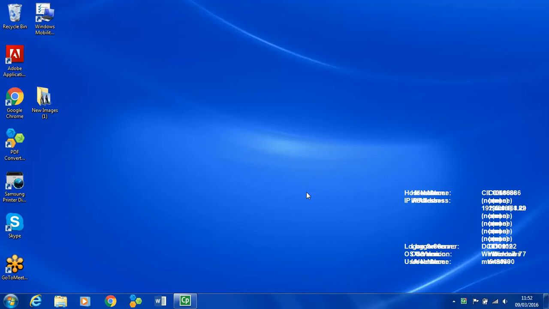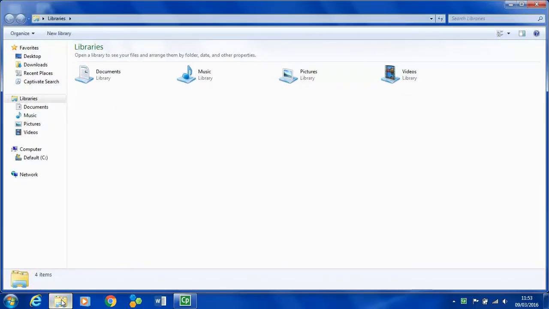Hi folks, in this quick overview we're going to take a look at the library structure used within Windows 7. Now I'm going to come down to the bottom left hand corner. I'm just going to simply click on my File Explorer and I'm going to load up the top level window. Now you'll see over on the left hand side it gives you your four default choices: Documents, Library, Pictures and